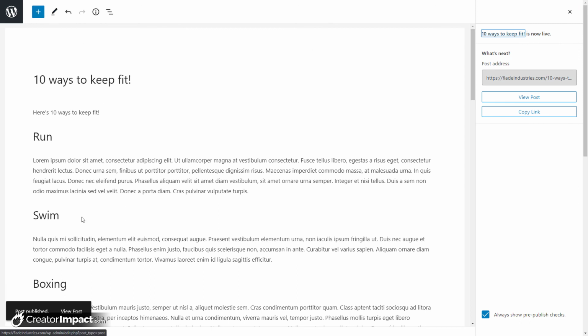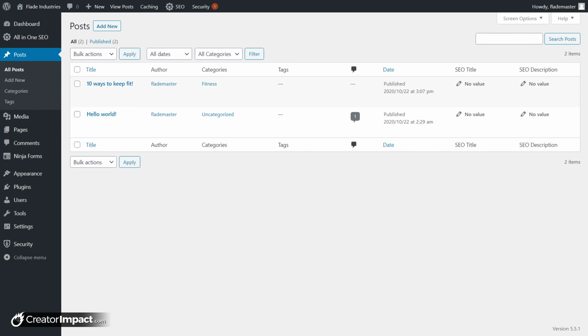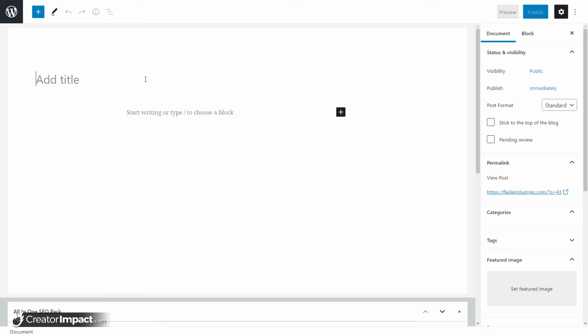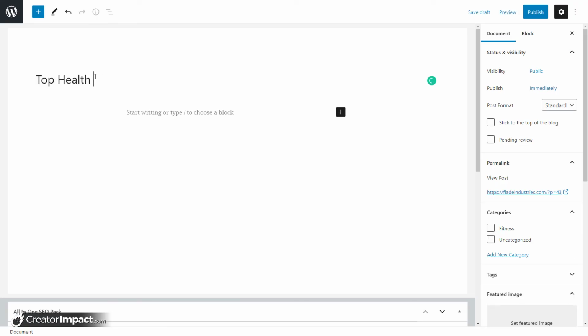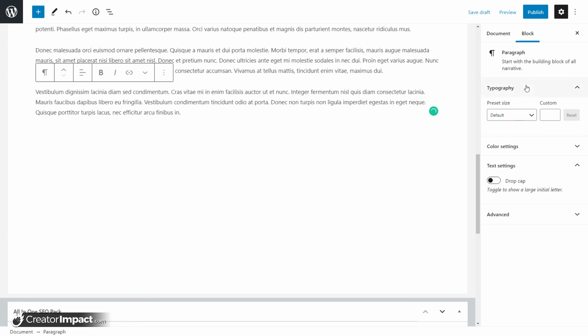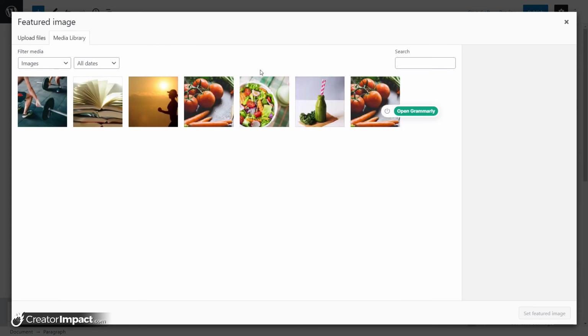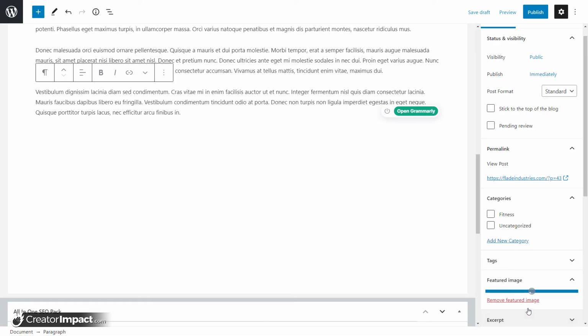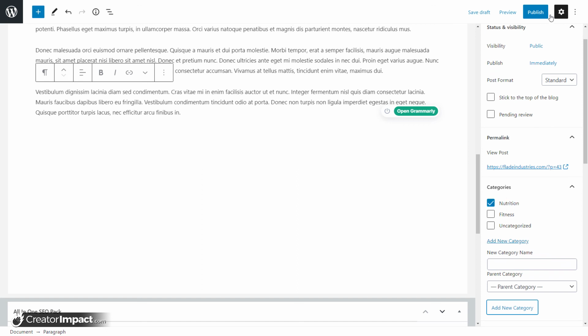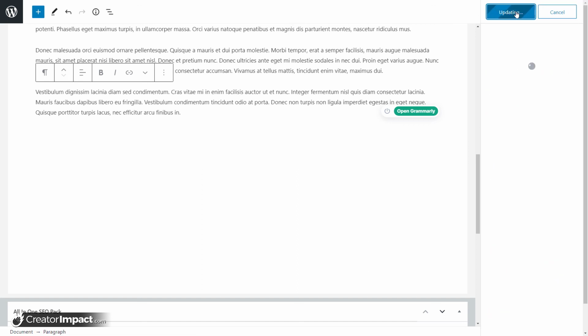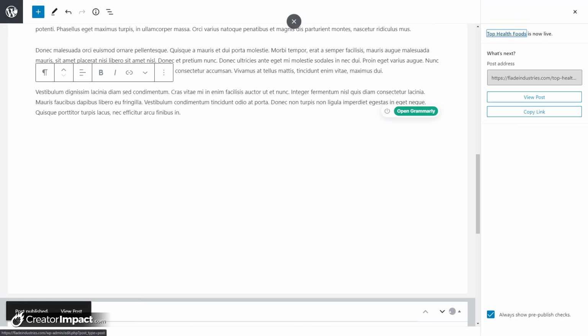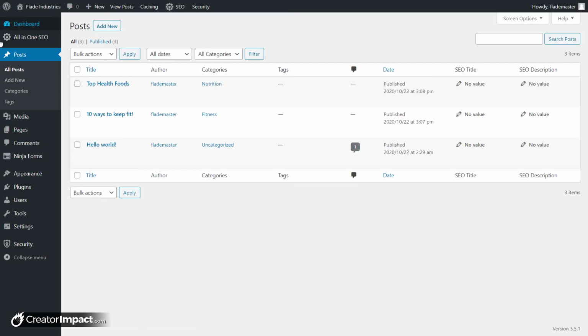And then once again, I'm going to go out and very quickly just create another dummy blog post, a little less full on this time. I'm going to say top health foods. And then we're just going to paste our dummy text in, go to document and featured image. This tomato image. Create a new category, call it, we'll say nutrition. Add new category, publish post, publish. So what we've essentially done with these posts, if I head back out, we've gone under posts,